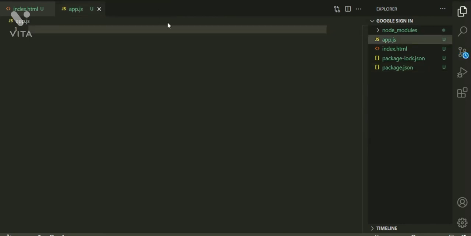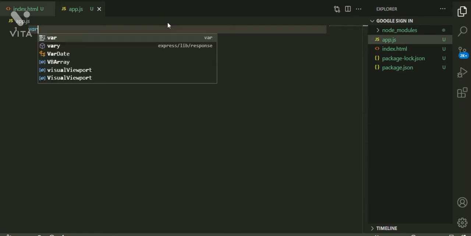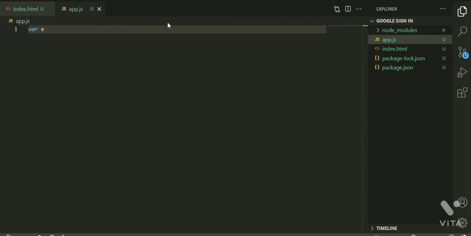So let us go to the app.js and let us set up our server. To set up a server, we need Express.